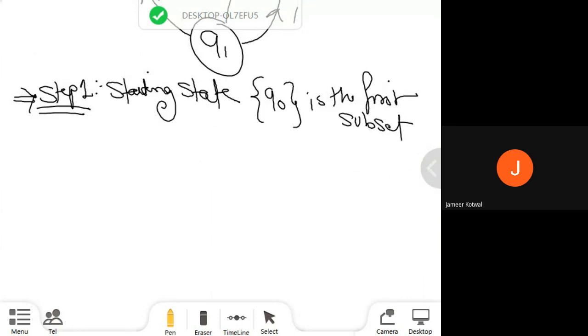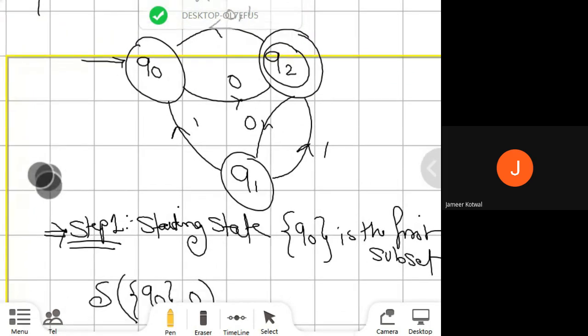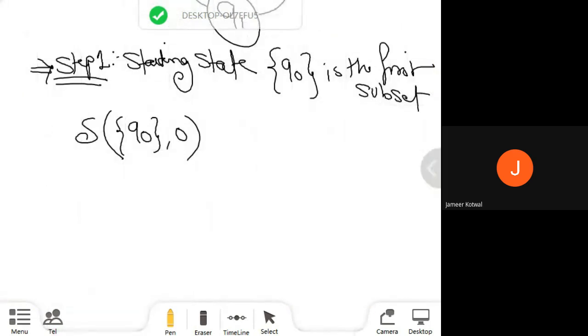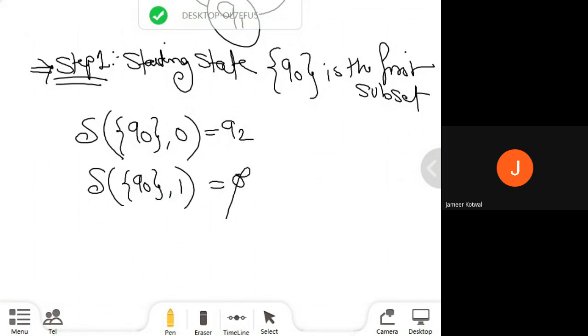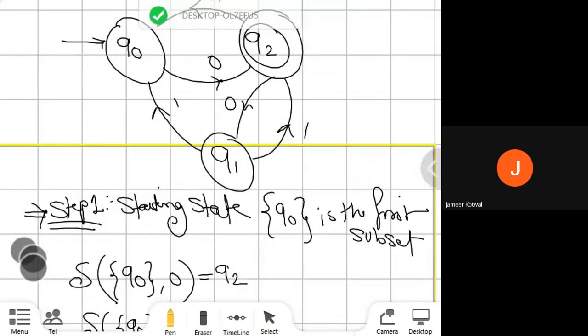What does it say? The transition of the Q0 state when I process 0: in which state does it reach? In Q0, when I process 0, it reaches the Q2 state. And the transition of Q0 when I process 1 reaches a dead state, because the input 1 is not processed in the Q0 state.